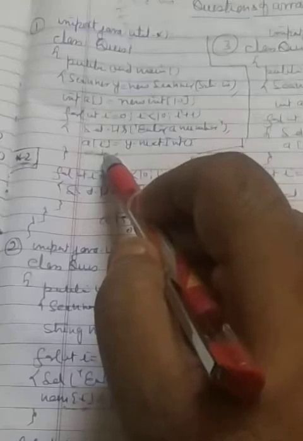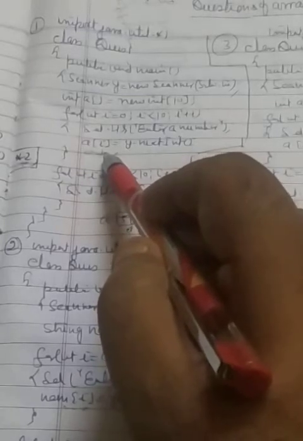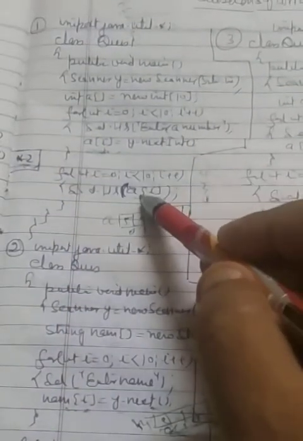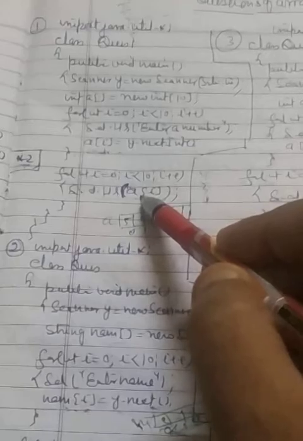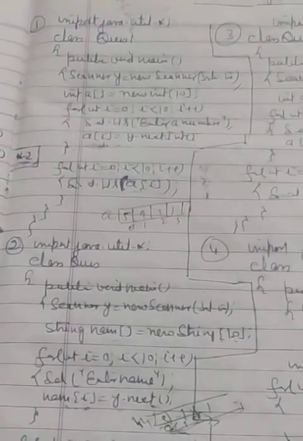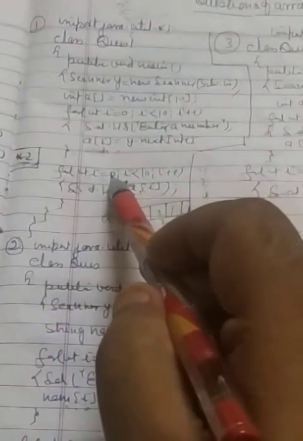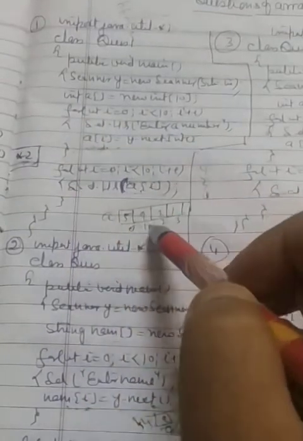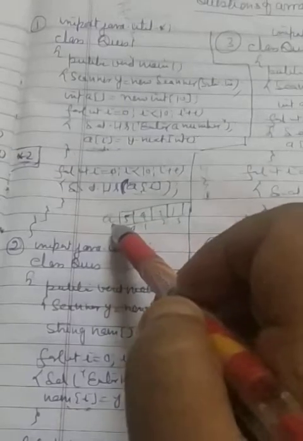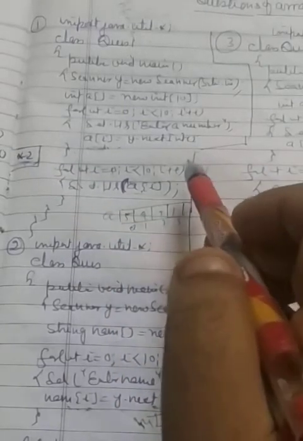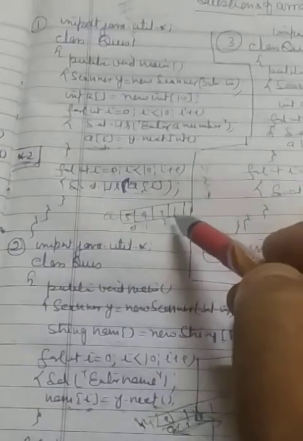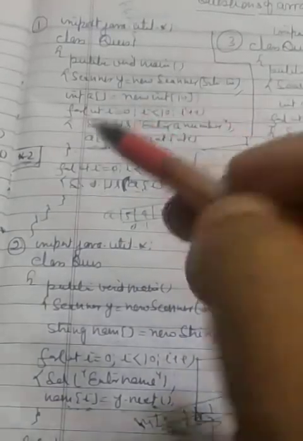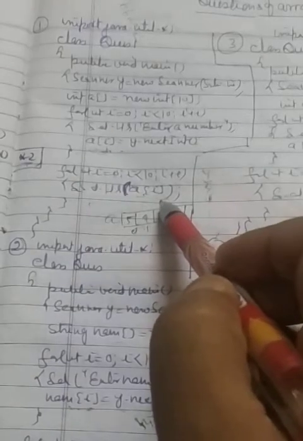So in an array, as we know, the values are stored, so what we have done is we have filled up the values and closed the loop, and then we run a separate loop for those cases where we want to print the values in continuation. We run a loop from 0 to less than 10, and every time I print the value: the value of i is 0, the value at A0 will be printed, then i becomes 1, the value at A1 will be printed, then the value at A2, and this way all the values will be printed in continuation. 5, 9, 2, 1, all will print. So this is the first advantage of an array.